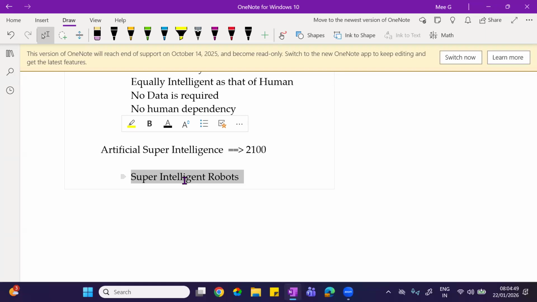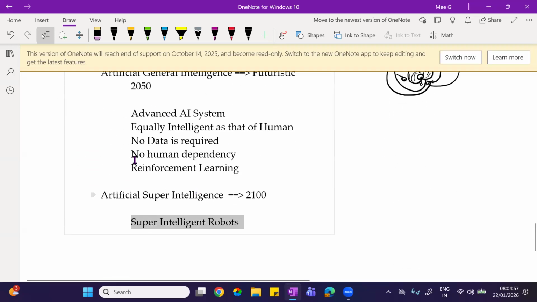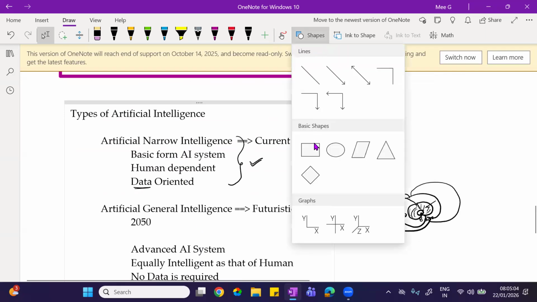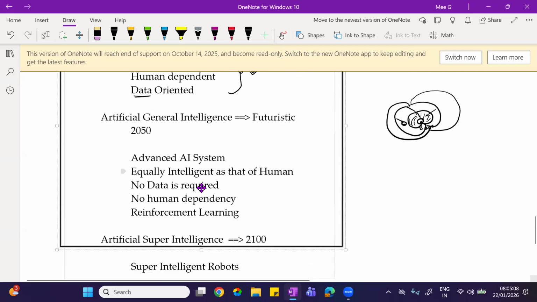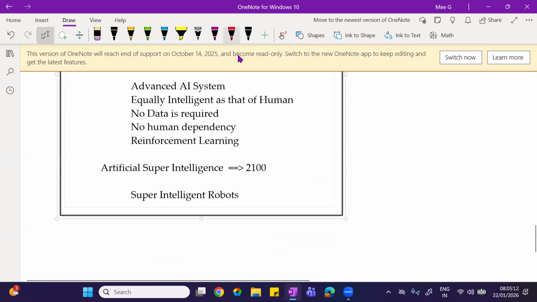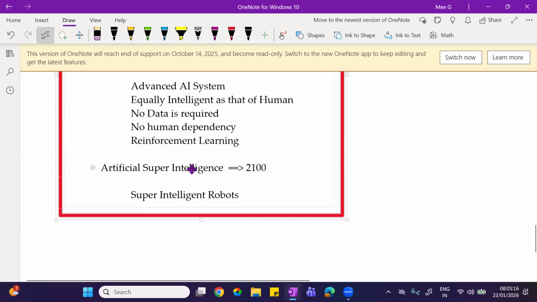Very few people will survive to see this, unless you have an extended lifespan, then you can see this phase. This is about the different types of AI.